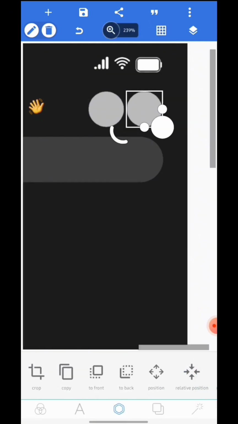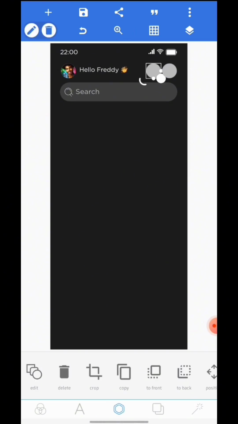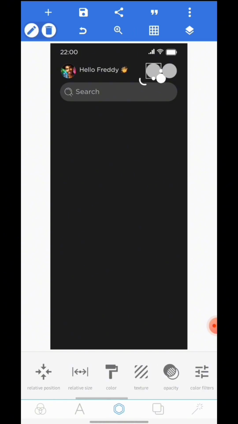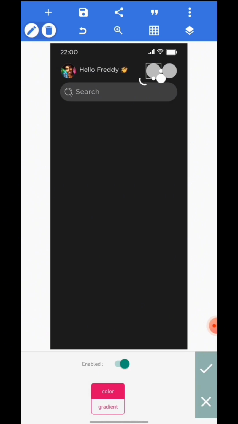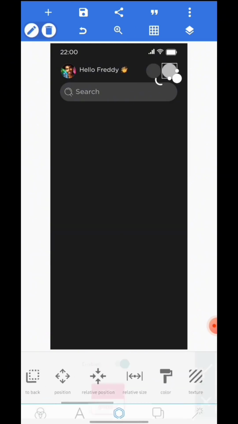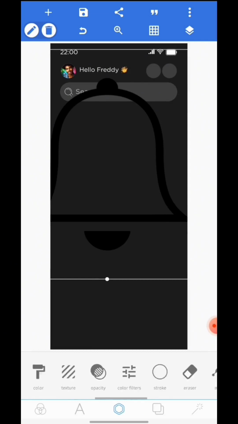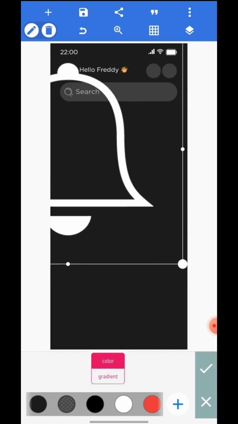Okay, so I'm rather going to change this color. Instead of that brighter ash, I'm going to use a darker ash, the same ash I use for the search bar. So I'm going to go add some icons. I'm going to change the color to white. I could add